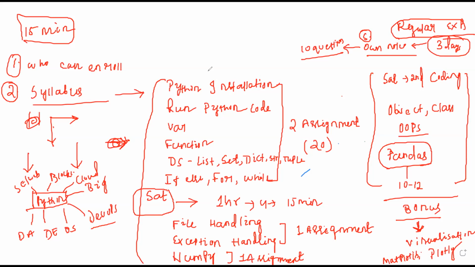Mostly it will be a demo because a lot of people could not join. Demo in the sense that for the initial 2-3 days, we will not start anything, just the installation and all, but from Thursday onwards we'll start with the content. So the timing will be 8:15 from next Monday or Tuesday onwards. Monday is a holiday. Tuesday onwards there is a Python class, and on the 22nd there is also a data science class. The 22nd is a demo class, so it will be shifted to 7:15. It's not 8:15, it's a 7:15 class.